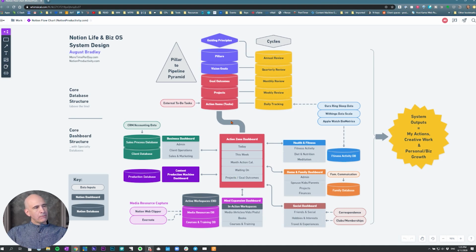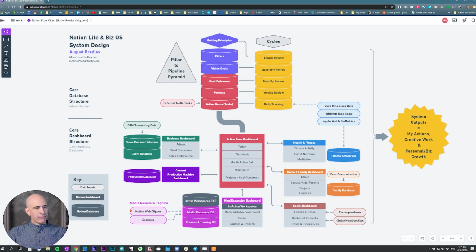Now, there's a big pipe going from the top up to a stack of databases. Just to give you an overview of the shapes on here and what they represent. The rectangles are dashboards. You go to the lower left key, the rectangles with different colors are dashboards for different functional areas of my life. So the Action Zone dashboard is the central one that every action from every other zone flows into.